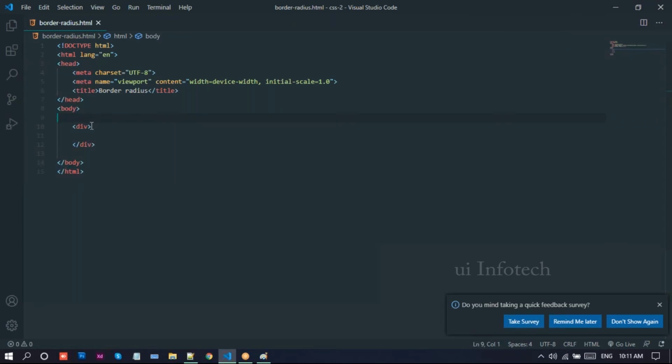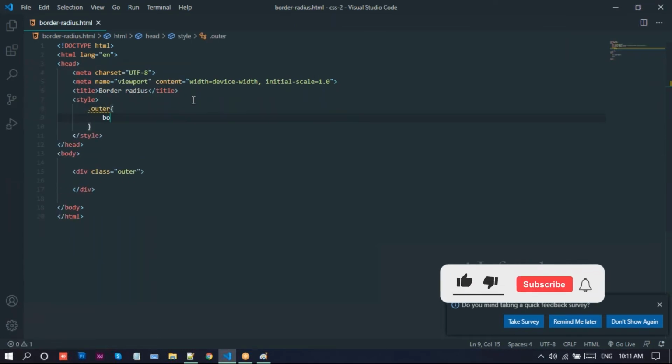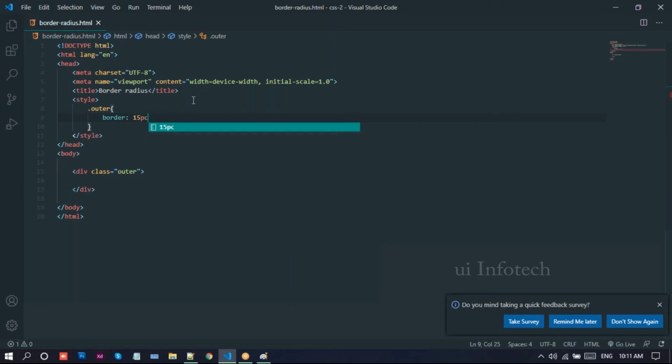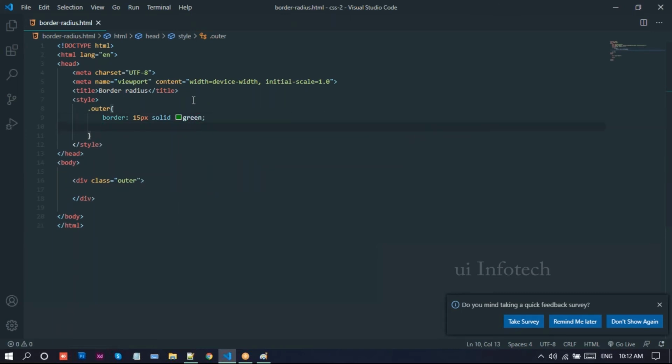I'll create one div followed by a class name. I'll provide the class outer, and for this outer I'll use an internal style sheet. I'll take outer there and just apply a border of 4 pixels, or you can give 15 pixels, solid green color.